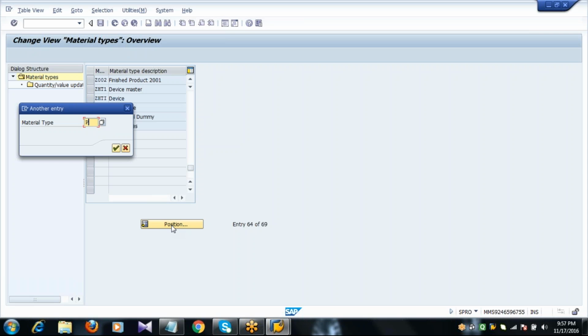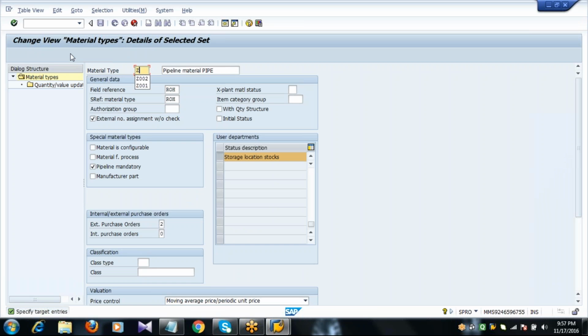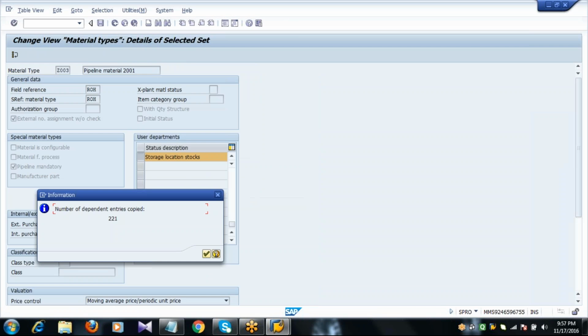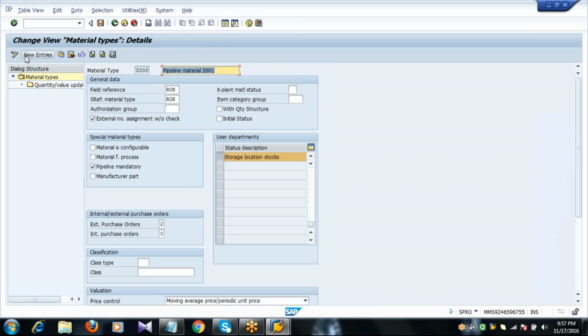Then select the material type PIPA, pipe, click on copy as. For example, I am creating Z003 pipeline material 2001. Enter, save. Then again select the material type, click on details.